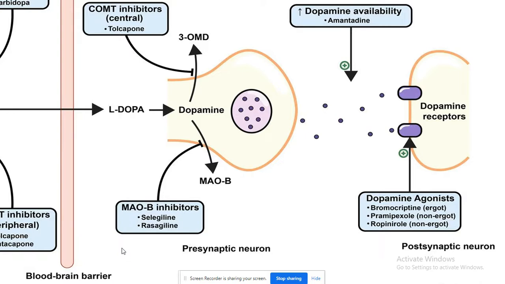Similarly, dopamine can be converted to 3-OMD. Now, we have tolcapone. Tolcapone is the drug that will actually inhibit this conversion. So, if we have these three agents acting to prevent dopamine from being degraded, then we're going to have the dopamine go into these neurotransmitter vesicles, which is going to cross the presynaptic neuron and get entry into